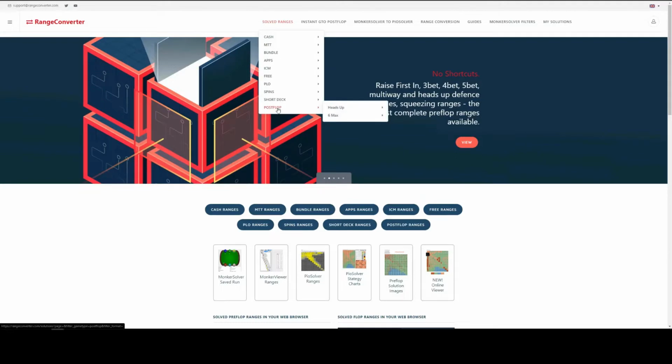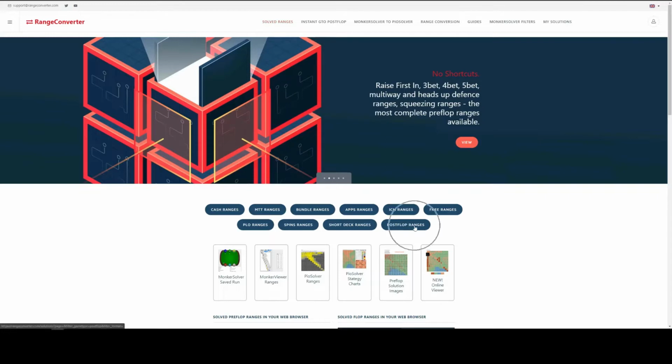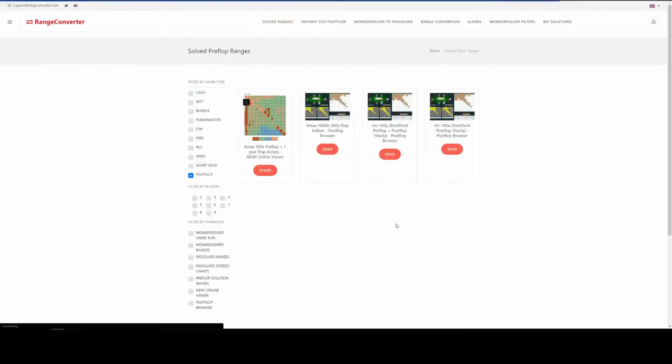Hover over that and we go PostFlop here, and we can drill into that heads up and 6 max spots. So click on this one, and this brings up the products page showing what's currently available. To buy any of these, we just click on the product here and we get taken to the specific product information page. So currently available, we have 6 max, 100 big blinds, 500 zoom flops available. We also have short deck, heads up, 100 ante,